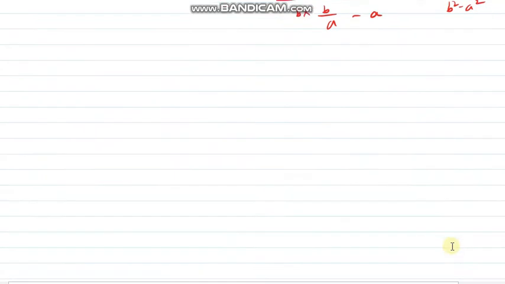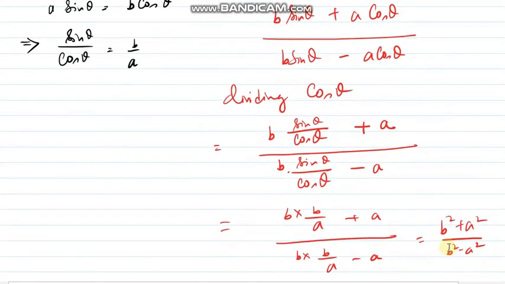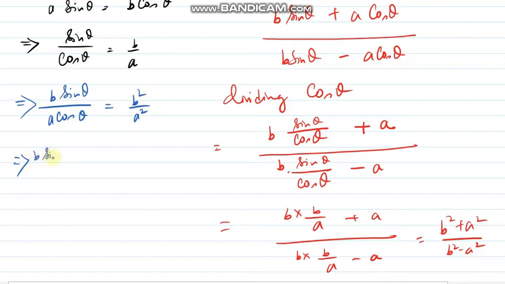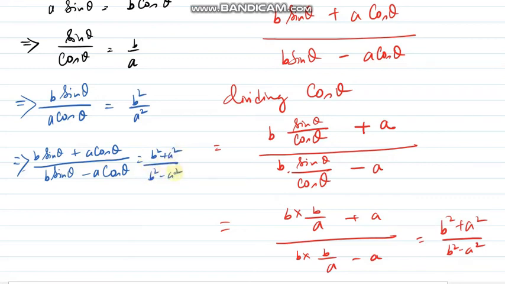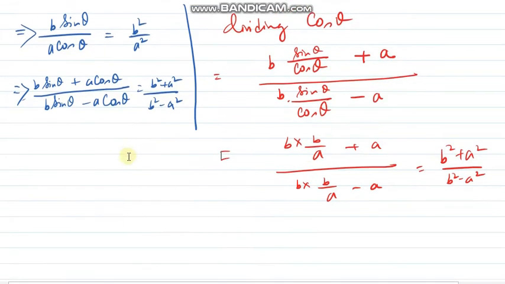So once more I am doing this sum by using the componendo-dividendo rule. Just check from there. I need to find b sin theta and a cos theta. So b sin theta divided by a cos theta, multiplying by b divided by a, that will be b square divided by a square, right? So (b sin theta plus a cos theta) divided by (b sin theta minus a cos theta) equals (b square plus a square) divided by (b square minus a square). That's the beauty of knowing the formula or knowing the different process.